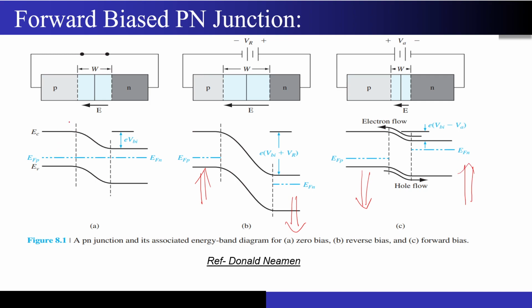If you look over here, this is my left hand side and this is my right hand side, correct? So if I bring this side down and this side up, then this gap that you are seeing will shrink. And this is what has been mentioned over here. This gap shrinks by what factor? Q times VA, where VA is nothing but my applied positive bias. So I'm applying the positive terminal of the battery towards the P side and the negative terminal towards the N side, right? And you just have to remember this gap shrinks.